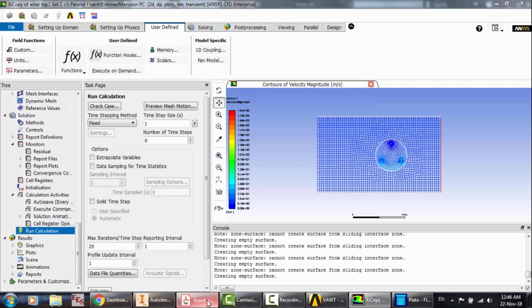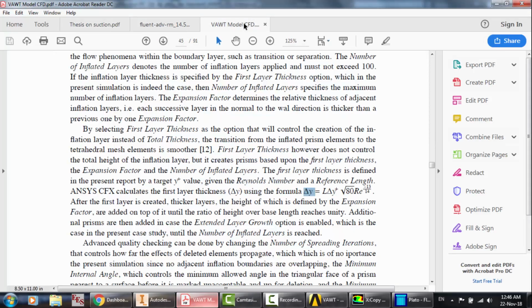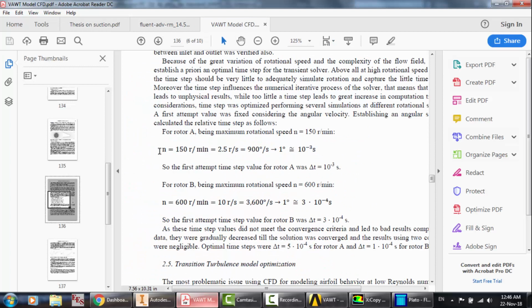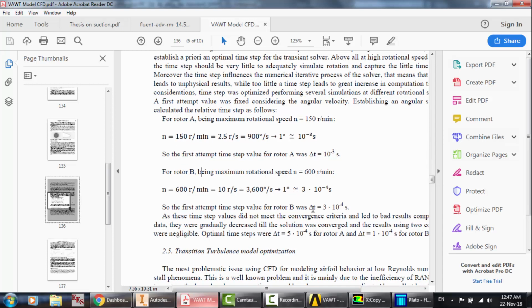Okay, and the time step, you can use this formula or this method. Here is the RPM is 150 revolution per minute. It means 2.5 revolution per second. Yes, that's right. This means that the turbine, if you multiply this by 360, it will be 900 per second. So 100 will take this. So it was the first attempt for these researchers to use this delta t, but they did not get the conversions, so they tried